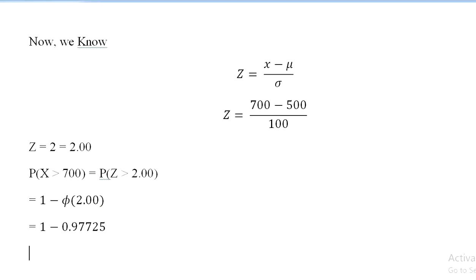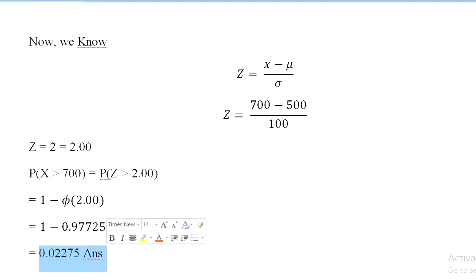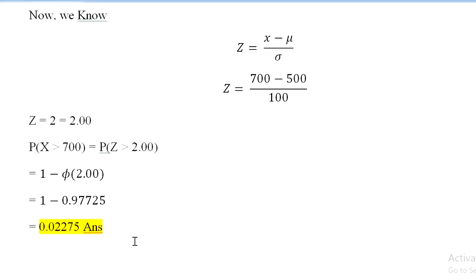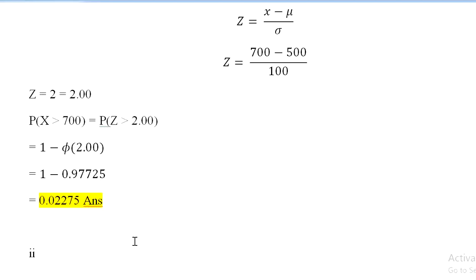Okay, now I'll solve it by using calculator. 1 minus 0.97725, that is equals to 0.02275. So this is your answer. Now we will move to the part 3, that is